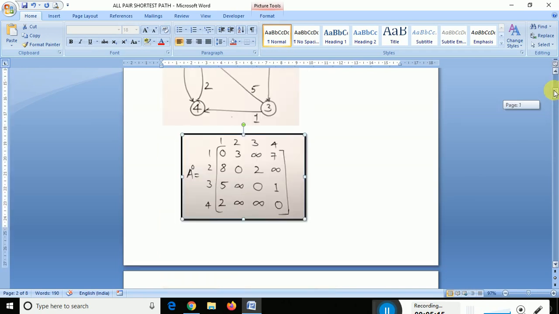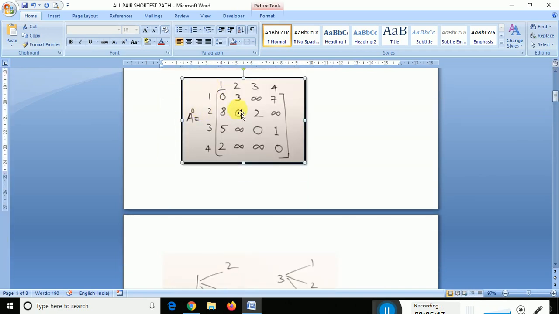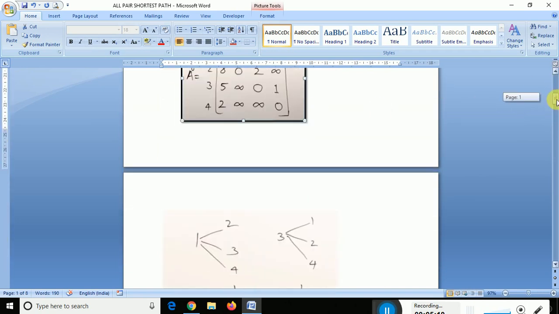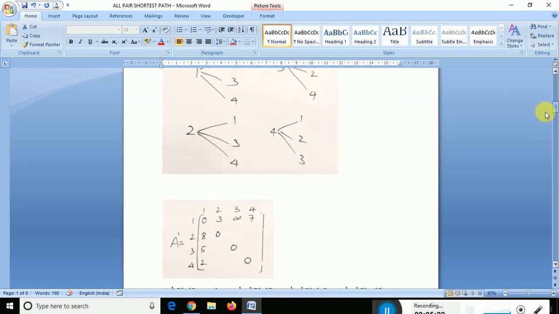We got a0. Yes or no? We got a of 0, that is a naught. Now we have to find a1. Later on we have to find a2. Next we have to find a3. After that we have to find a4. So this is the large problem, a big problem it is. And when we get a4, that is the final solution. So this problem is very large.